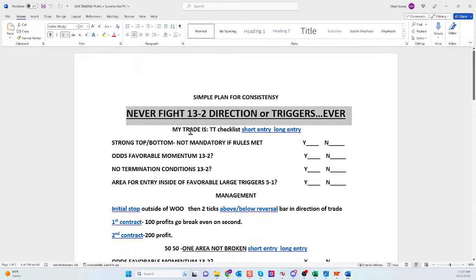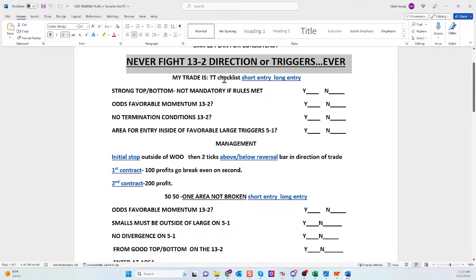Personalize it. Take this trade plan and make it yours, right? This is K-Pop's trade plan. This is Philly's trade plan. This is Earl's trade plan, Bobby's trade plan. This isn't Mark's trade plan, and I'm trying to trade like Mark because you're not me, and I'm not going to pay your bills. My trade is the high probability trend trade.